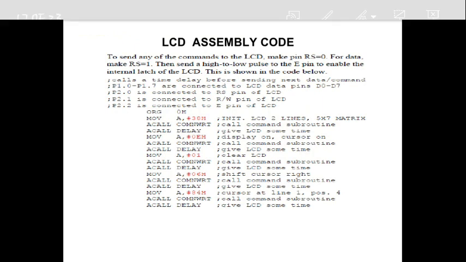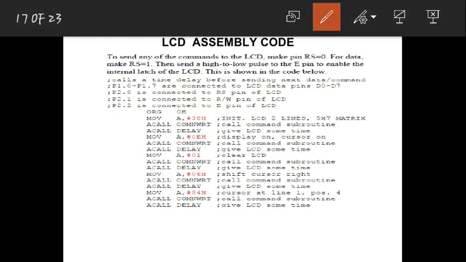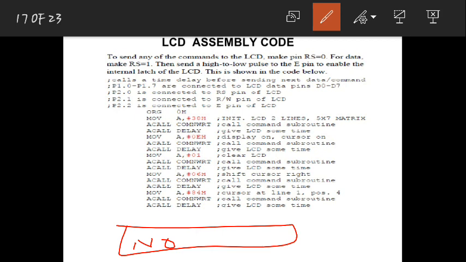What I'm trying to say is, for example, in this example the question is, I want to display NO on this LCD screen. This is the data. What is data here? N and O, ASCII letters. You consider all, directly give ASCII letters, this NO.